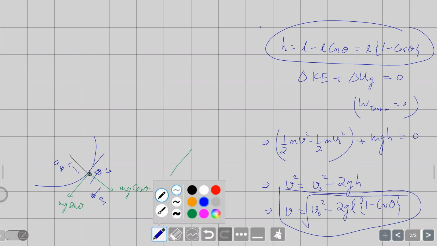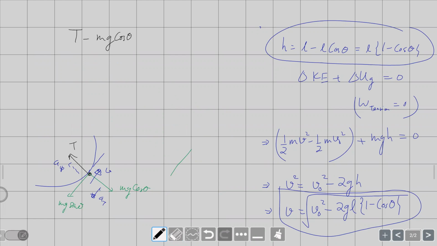So for this free body diagram now, what we'll get that was tension. So T minus mg cos theta, that is the net centripetal force. So that should be equal to mv square by l. So there you know V as a function of theta. So here tension is becoming how much? It is becoming at any point, it is the sum of mg cos theta plus mv square by l, where V is equal to this.